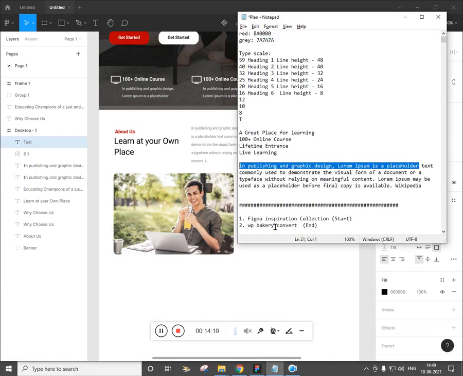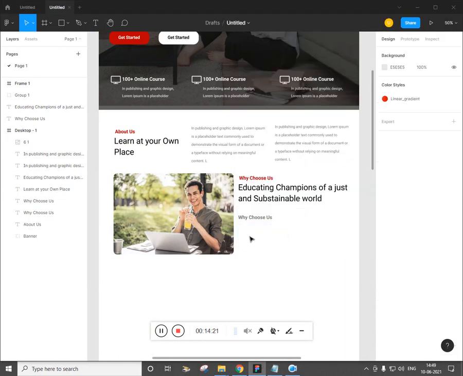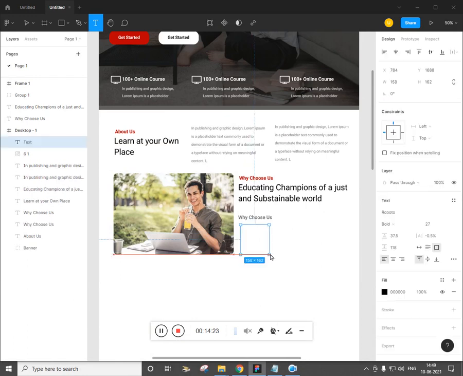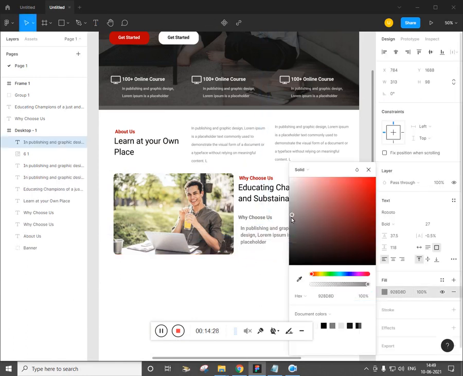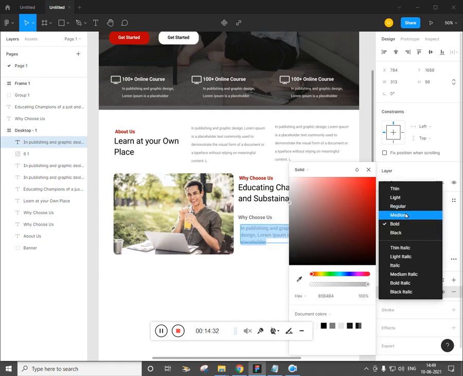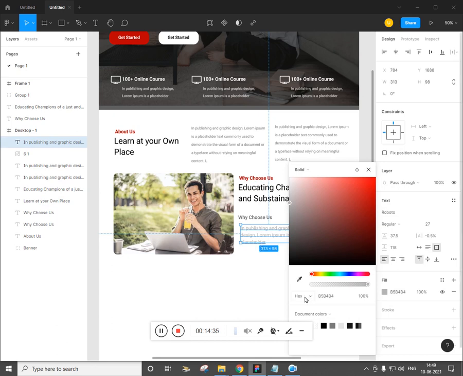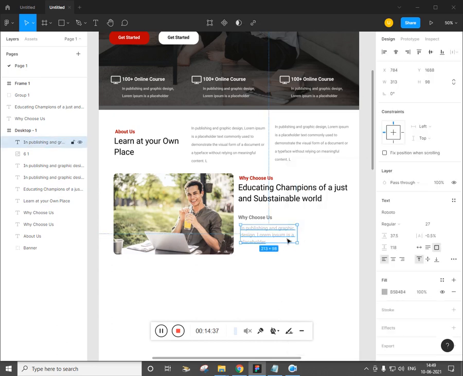So 2 lines of text, this should be conveyed, I believe. Type T again, drag it, paste it, select all, give the color gray, and remove the bold to regular. Now properly place it. I just said only 2 lines.